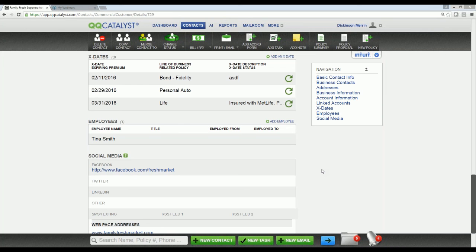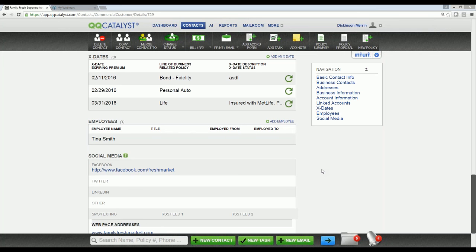The X date can be the expiration date of the policy I'm hoping to secure. So I have the person's personal auto. The homeowner's is coming up in December, and I'm going to put in a December X date because that's when the homeowner's expires. Or it can be the date in which the customer told me to contact them for a line of business I don't have. All right, so however you define it, just make sure you use the correct date parameters when you put the